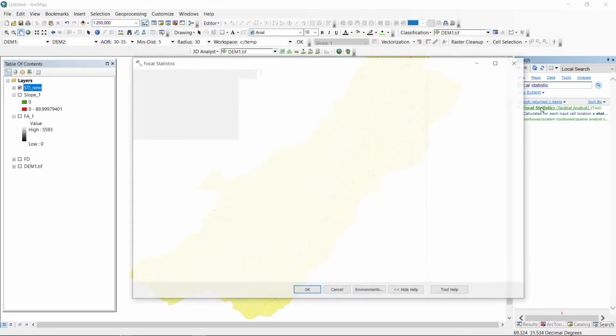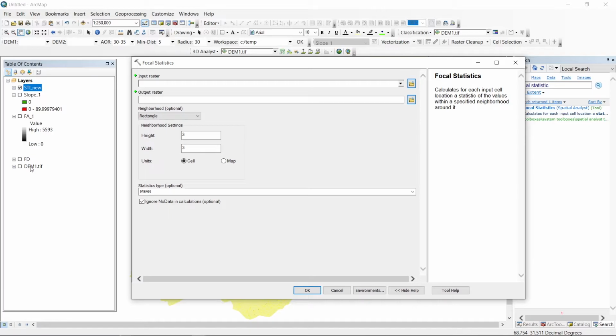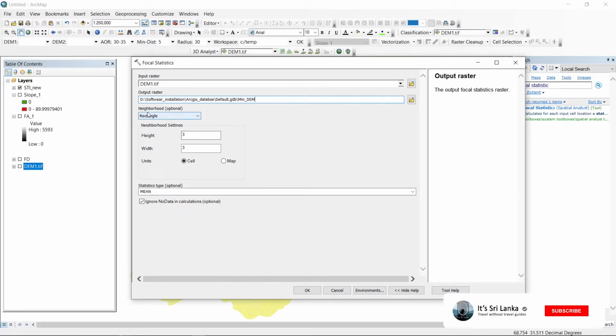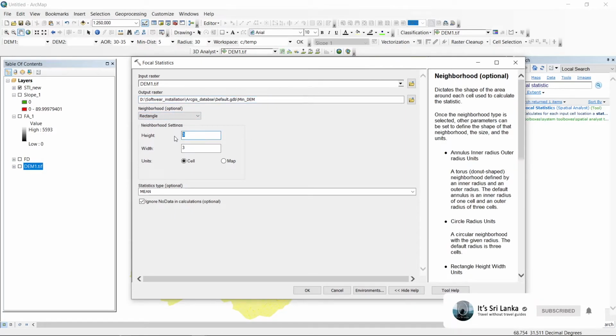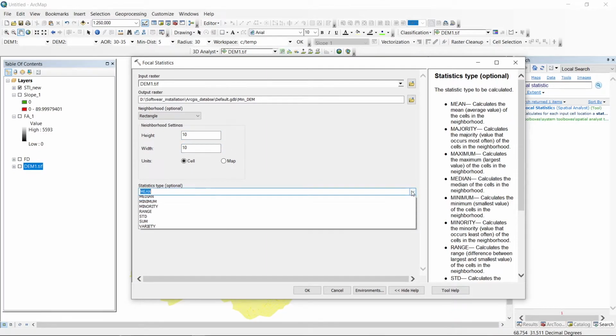right? Then drag and drop the DEM layer, and the output raster we name it min DEM. Here, rectangle, then height and width 10, and here I select minimum, the minimum value.